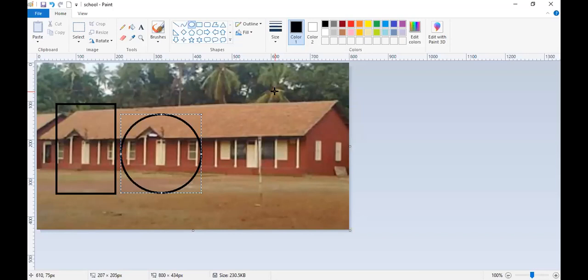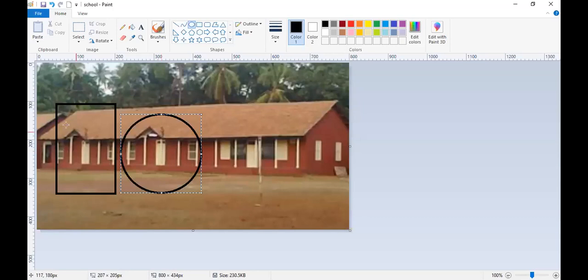Two things we require. You can find the center point of the circle just by imagination. See, this could be the center point of the circle. So what is it? 319 comma 234. So this is the center point of the circle.